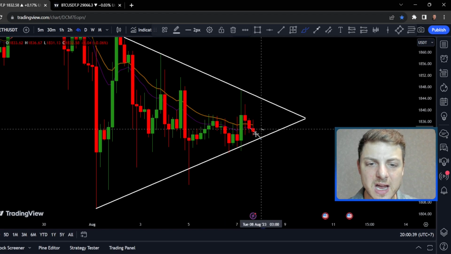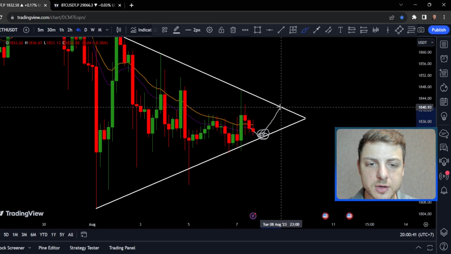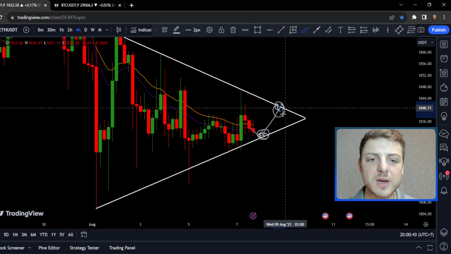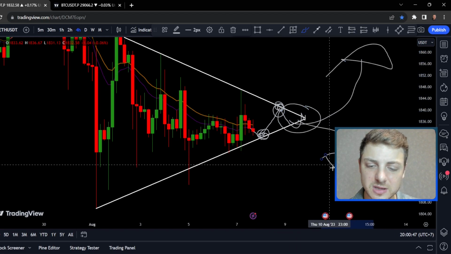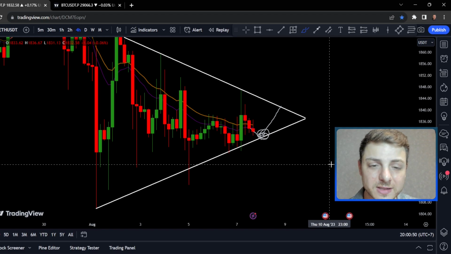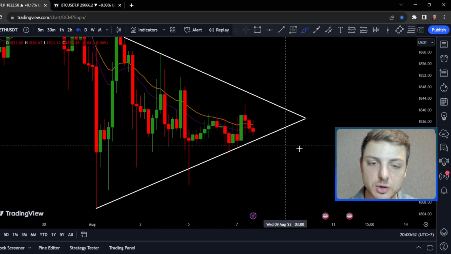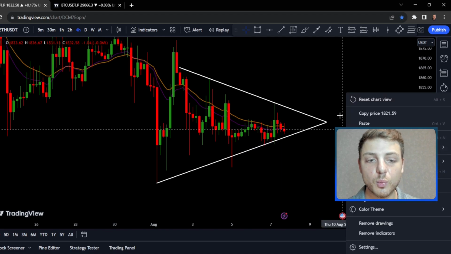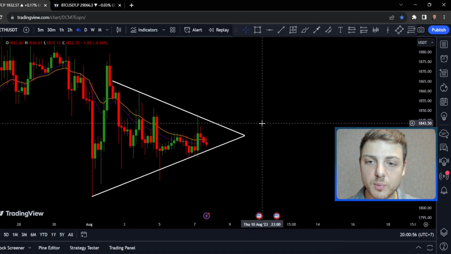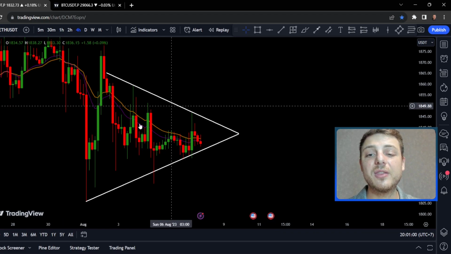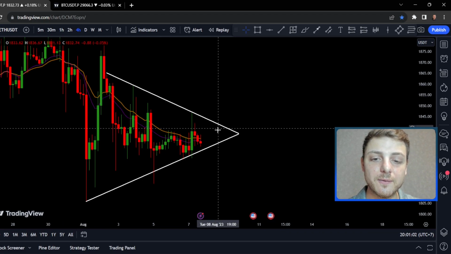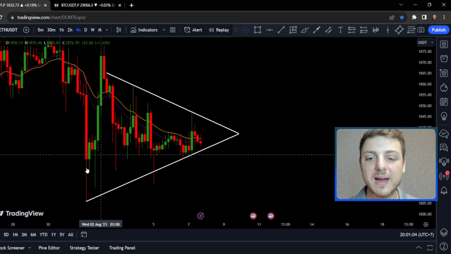Basically what I would expect is now coming down, bouncing off this region, coming up, bouncing off this region. Then in this area, it's truly going to decide, are we going to get the big shift to the downside and to the upside? So the initial understanding that we were in a symmetrical triangle was grasped really well. We're actually able to pick that up extremely quickly. But the thing is I do believe now that we are still in the form of a symmetrical triangle, and this pattern is actually